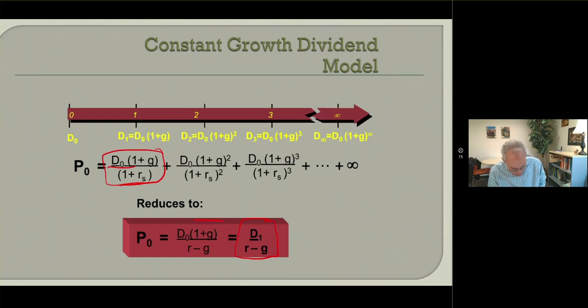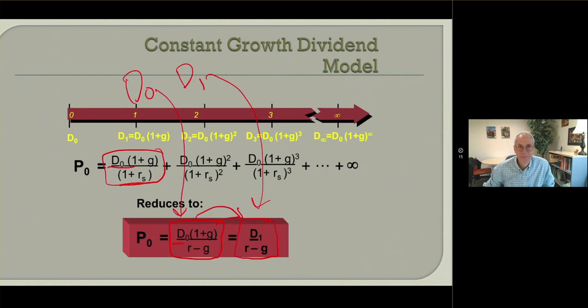Now, you could look at it as two parts, because what happens if you're only given D of 0? Because this is what's going to happen on a lot of these problems. We'll practice them here in a minute. Sometimes you'll get D of 0. Sometimes you might get D of 1. So if you get D of 1, you can go right to this formula. If you got D of 0, you're going to have to go to this formula first, which gets you to this formula. Because to get the price today, we always need to know what the dividend is 1 year